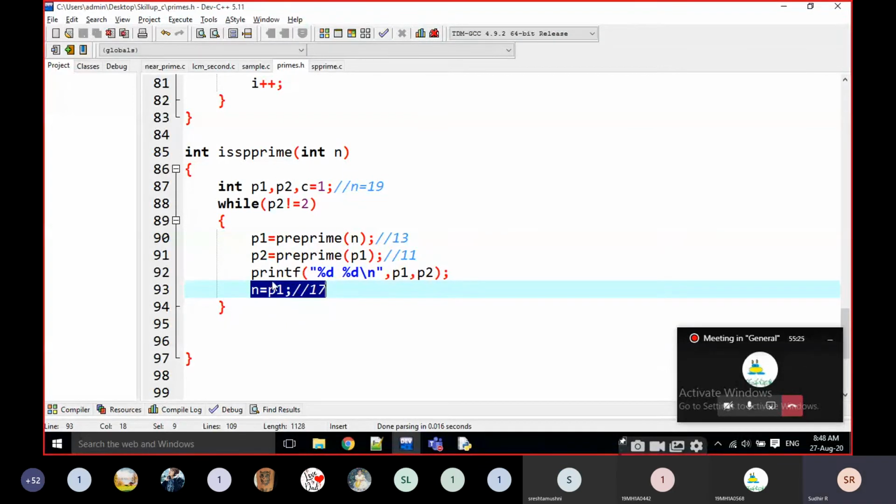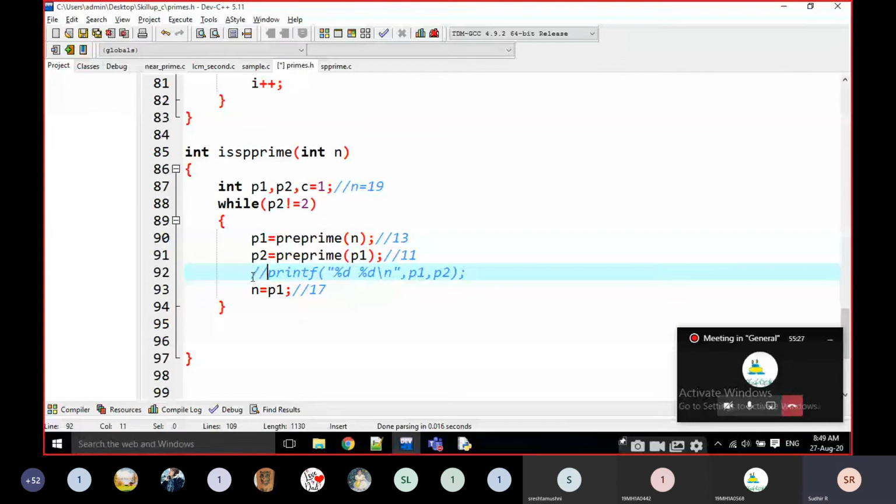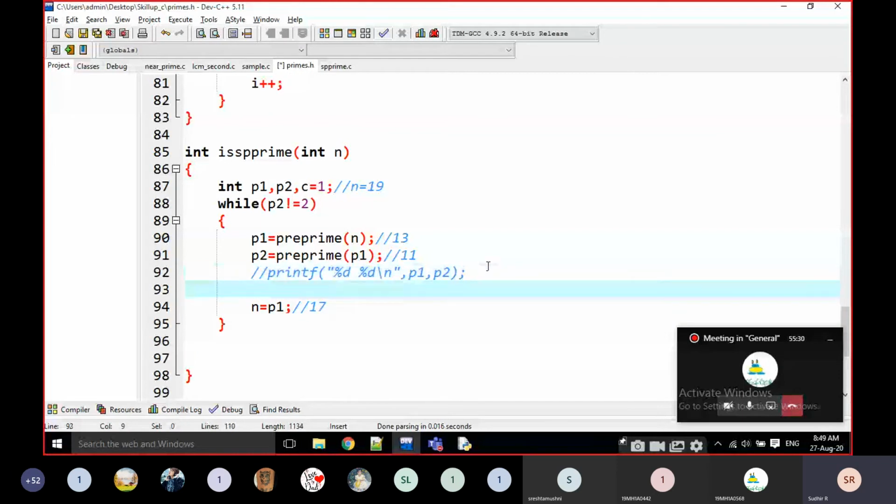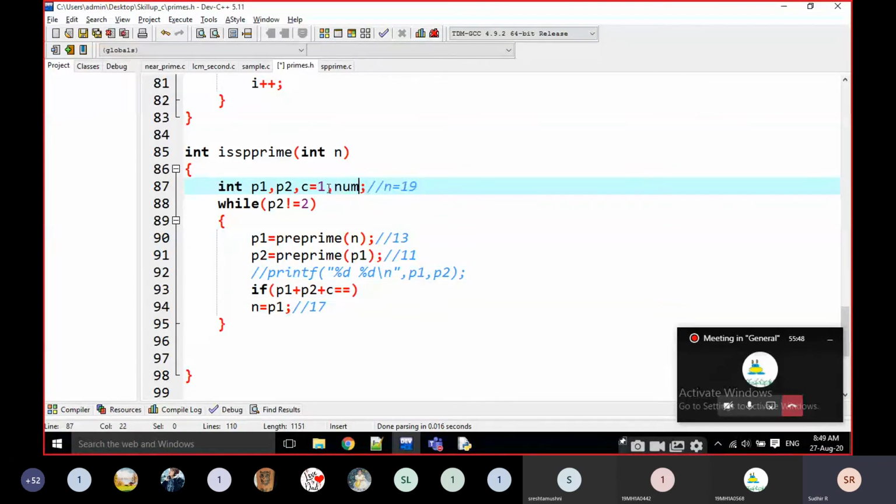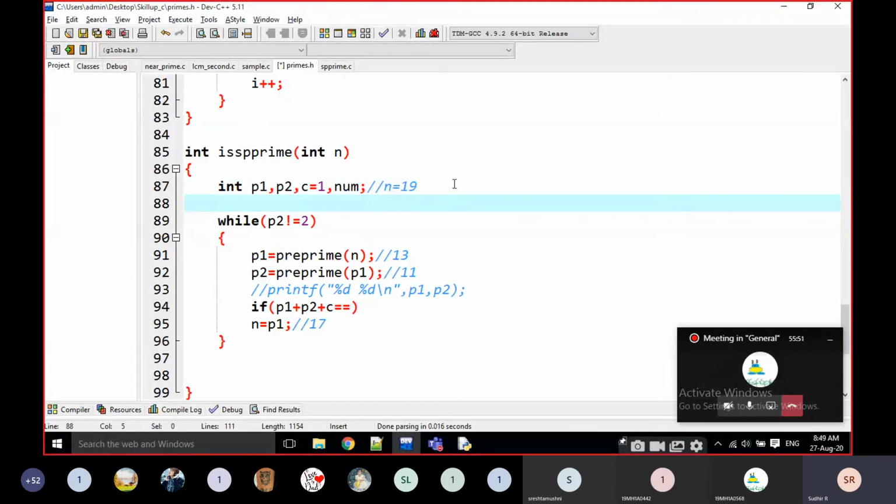Now, instead of printing here, I am going to check if p1 plus p2 plus p3 is equal to n. But I am already modifying the n value, right? That's why I am going to take one copy here.